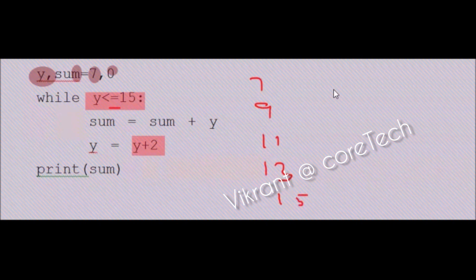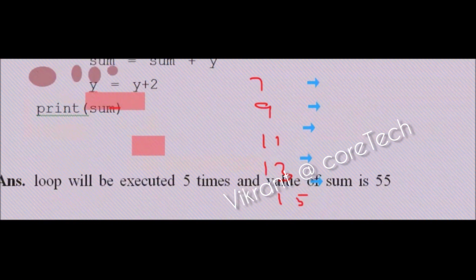So let's count the number of times. We have 1, 2, 3, 4, 5. Let's add them up. The total says it is 55. Correct. So as we know, I hope by now, how many times the loop is working can be done only when we know the basics of how we are going to have the output, and when the count of output is, say, 7, we have 7 different values, it means the loop is working for 7 number of times.